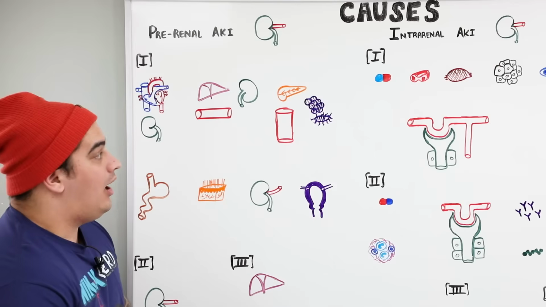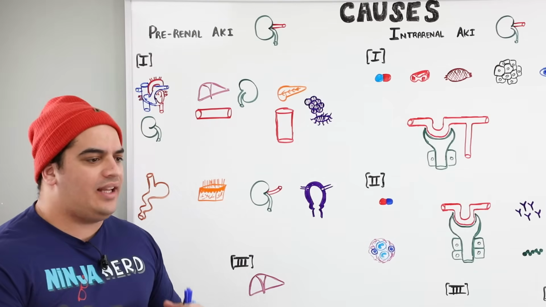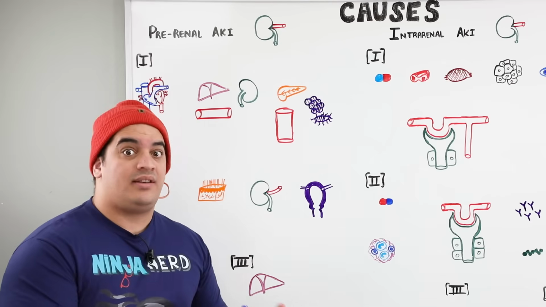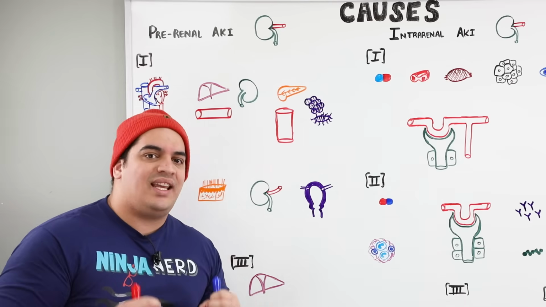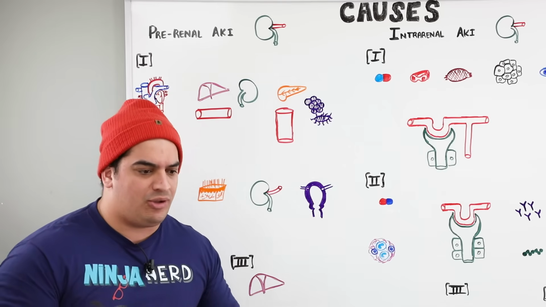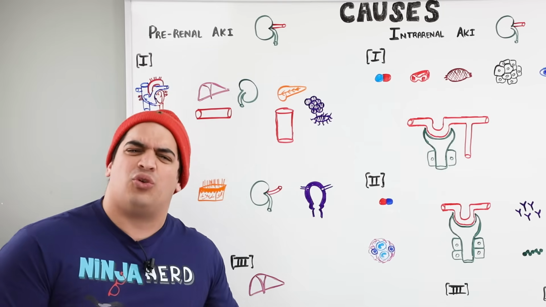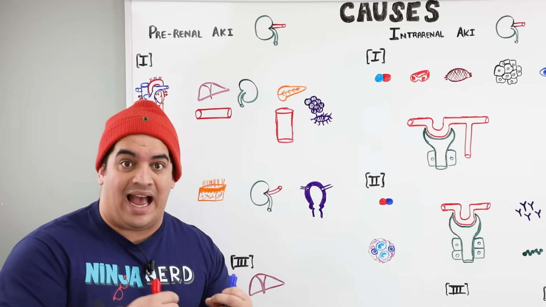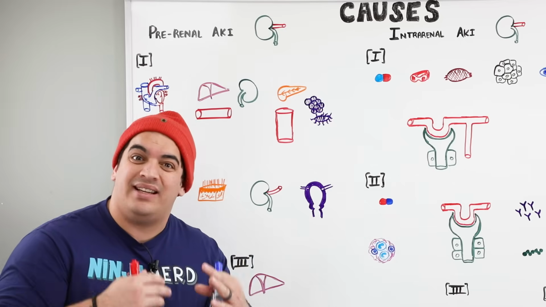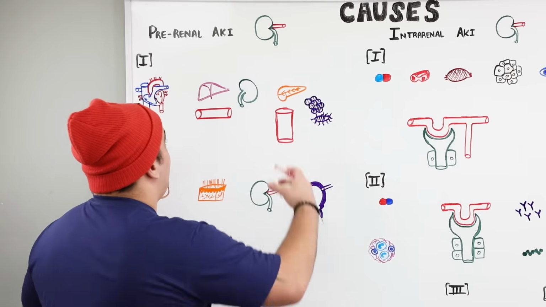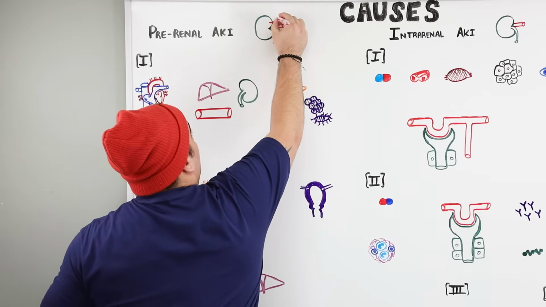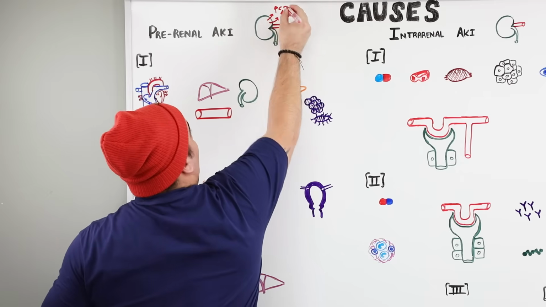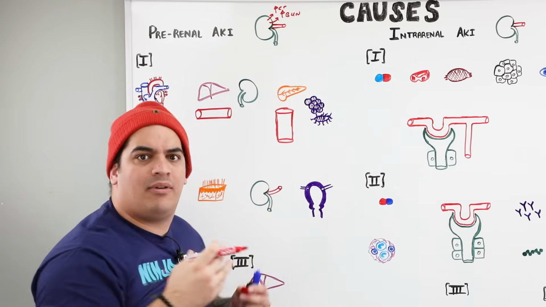All right, let's talk about AKI. Acute kidney injury is whenever the kidneys have been injured through particular causes that we'll spend a decent amount of time talking about. The kidneys are responsible for excreting metabolic waste products like urea and creatinine. But whenever the kidneys are injured, their ability to excrete creatinine and urea decreases a little bit. As a result, the patient may develop an increase in their BUN or creatinine as a result of some type of injury.